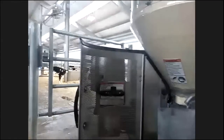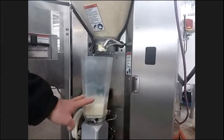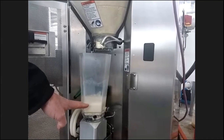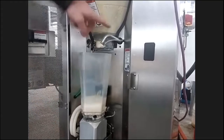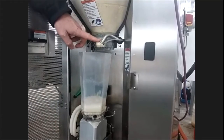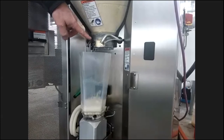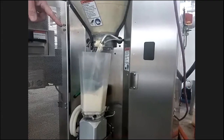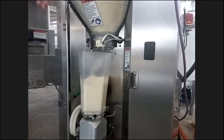And that's what's inside this tank. So as this calf drinks this milk down, the computer keeps track of how much she's drinking and how fast she drinks it. When this is empty, it refills with 104-degree water, and the powder milk, which you'll see here in just a minute, will come out of there. And it will continue to do that until she has drunk her allotment of milk that she's allowed to have